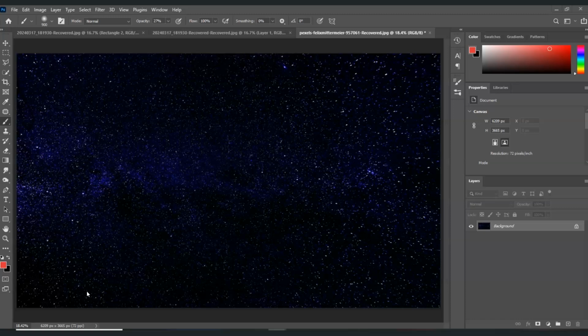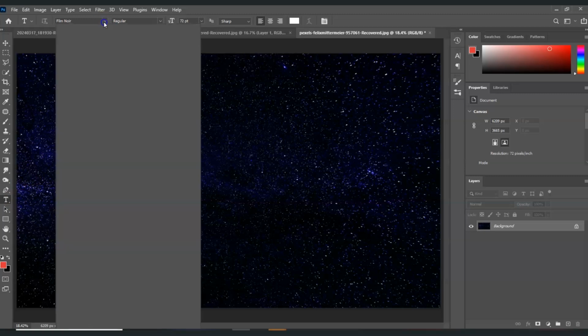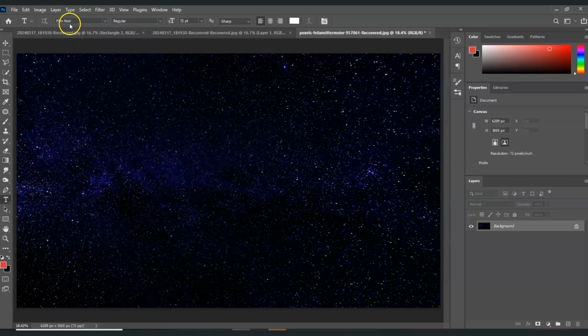And the first step we're going to do here is we're going to create a text layer. So to do that, going on to the toolbar, go to type tool, it shows this symbol, or you can just press T for the shortcut key. And then for the font style, I'm going to make use of a film noir. And let's click on our canvas to apply it. There we are. All right, that's too small. Okay, but I'm still going to write down our text here. Let's say doodle